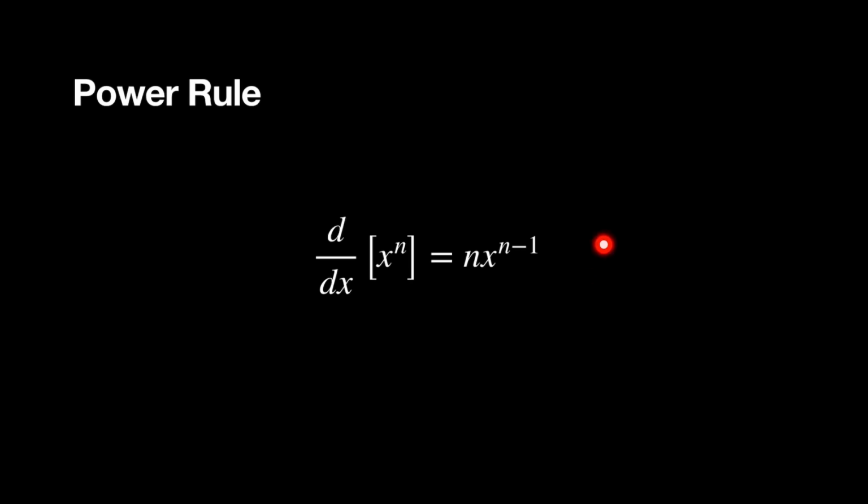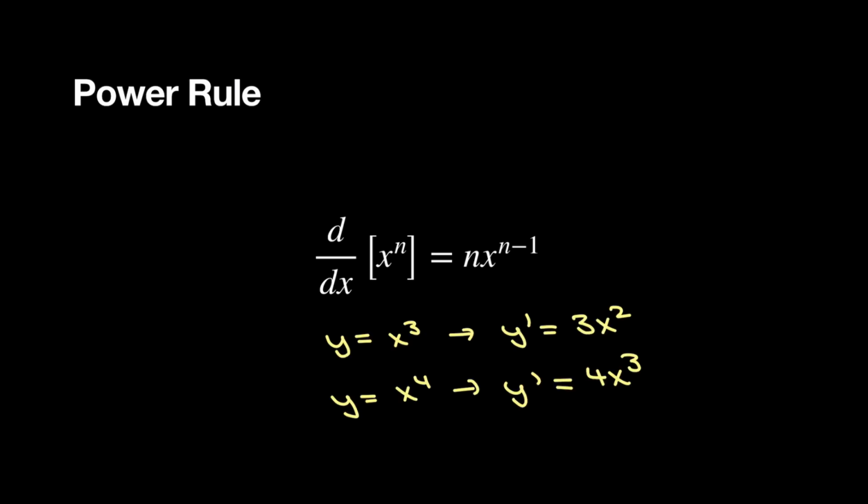The first derivative rule I want to give you is the power rule. If we take the derivative of x raised to a constant power, so x is our variable raised to a power n, we will always get n times x to the n minus 1. This is a pattern that occurs when you use that limit definition of the derivative. And just memorizing this pattern is often easier than using that limit definition every time you want to compute a